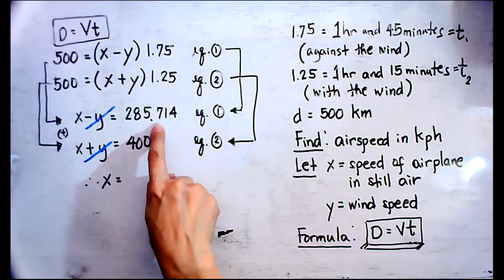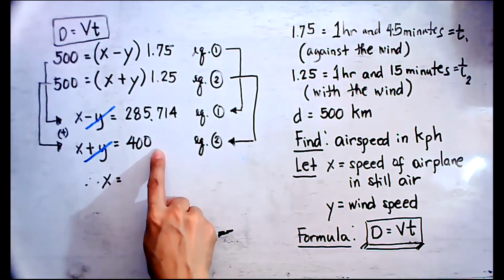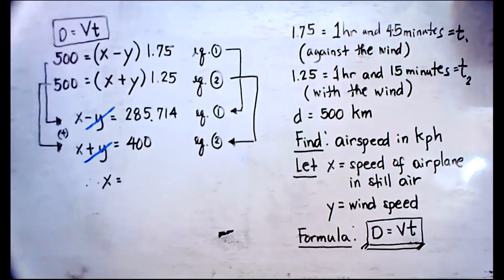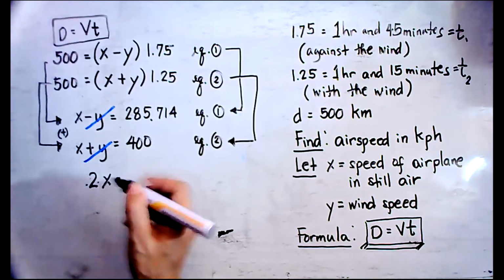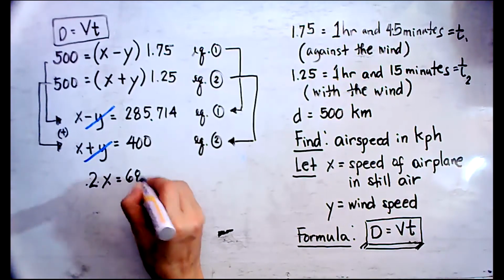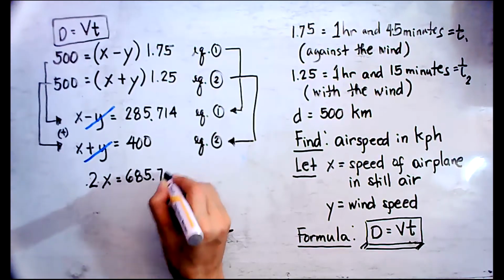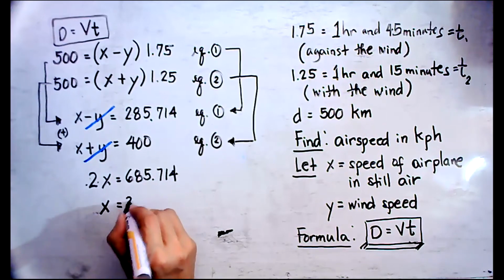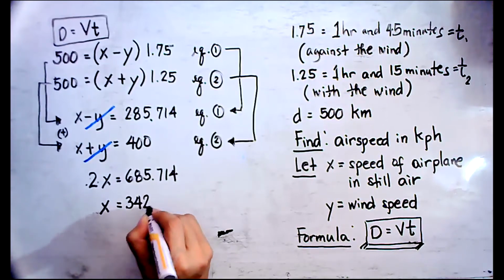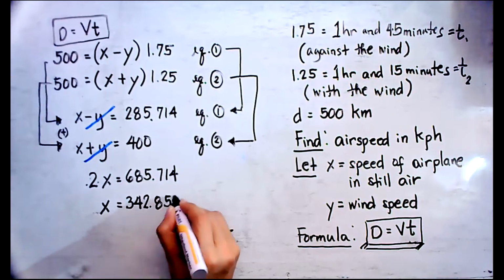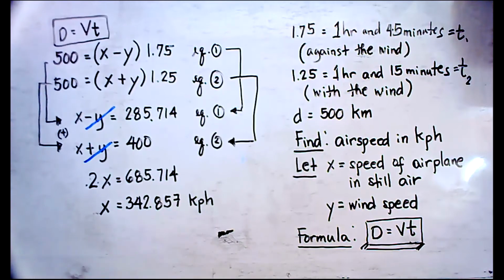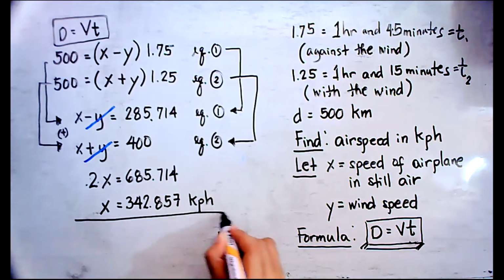So this is 285.714 plus 400, which is basically 685.714. It's equals to 2x. And then the value for x will be equals to 342.857 kph. Okay, so this will be our answer